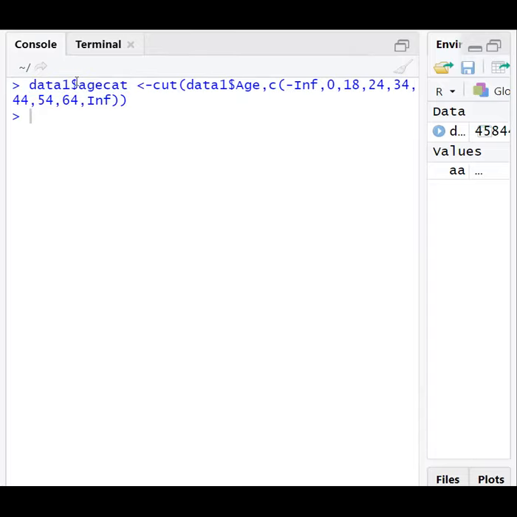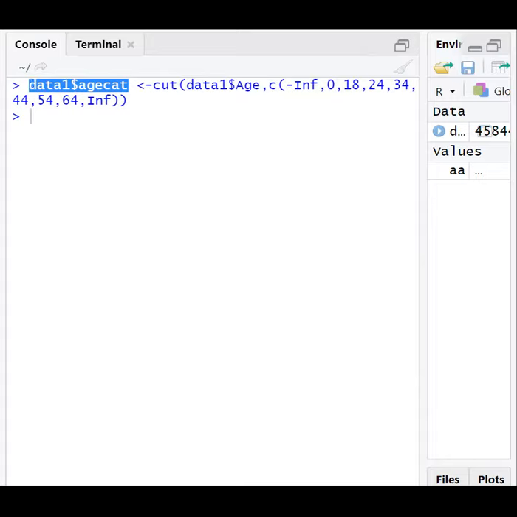If you observe, $age category is a new column name. In a CSV file, data one is CSV data. $age we took, which means only the age column. Data one $age indicates the age column. Next, a new column is created in the same data one, that is the age category. In age category, all these cut values will be present.